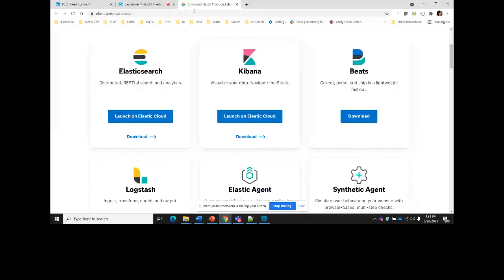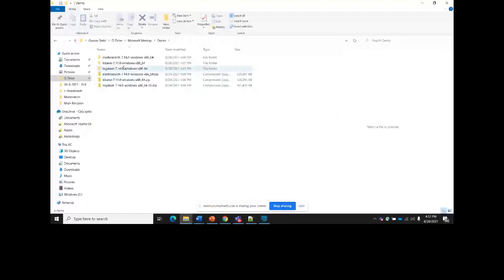Guys, is it downloaded? Yes, great. So now, if it is downloaded, then you can unzip those files. Okay. So first of all, we are going for Elasticsearch. If we will open the Elasticsearch,